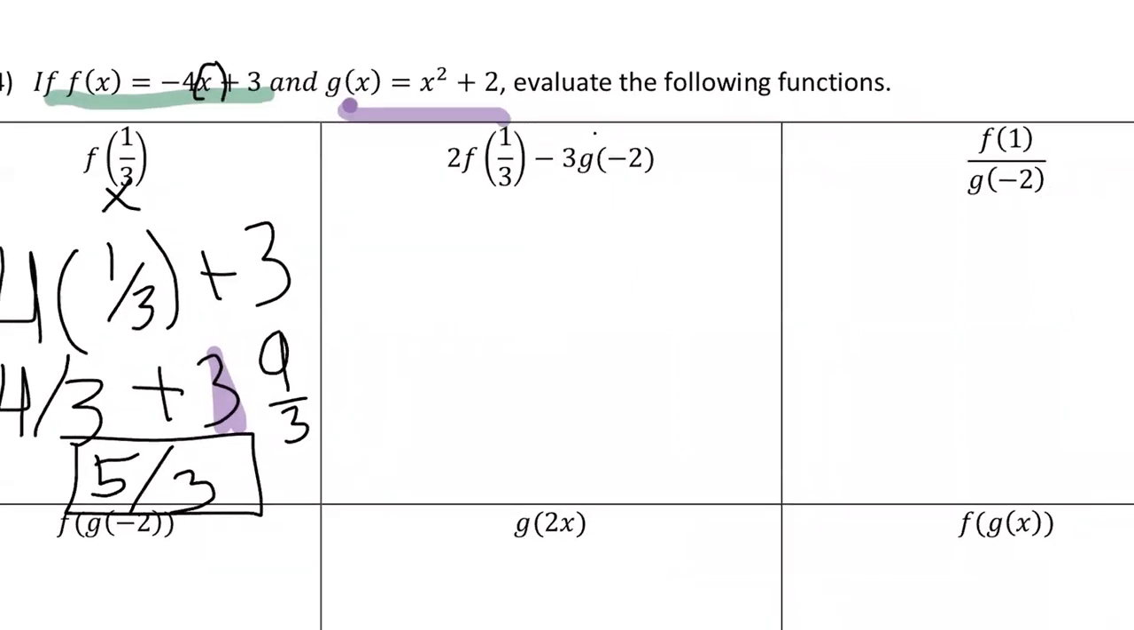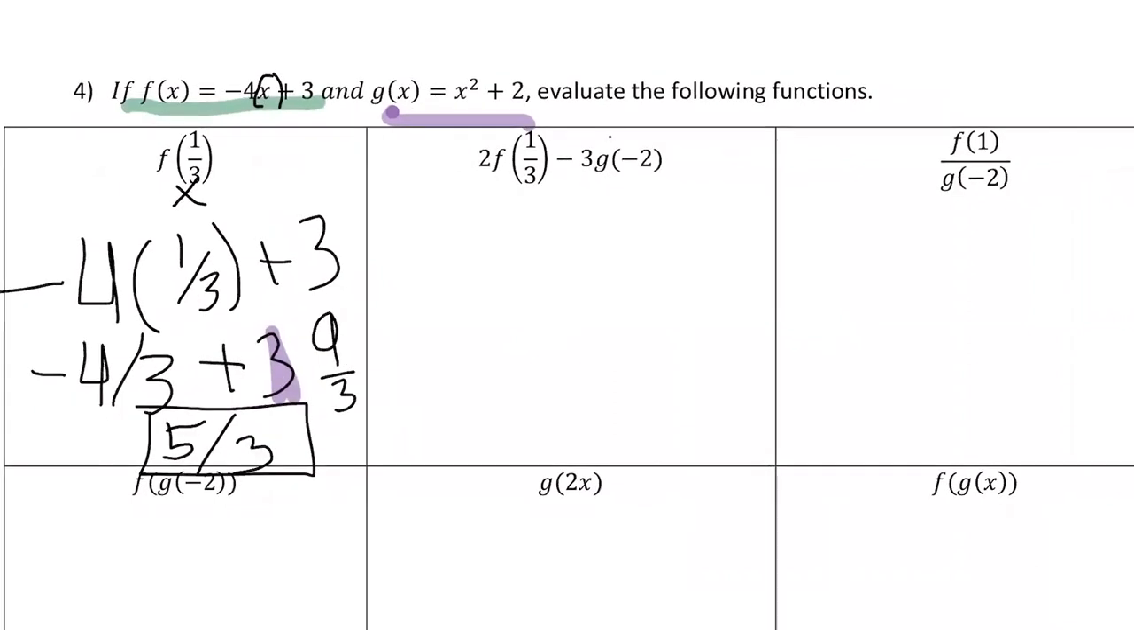The next question, and pay attention because I believe this is true on the quiz as well. If you already see a function you've already figured out, like we already figured out what f of 1/3 is, we can substitute that in. But my advice in this question is figure out what f of 1/3 is, figure out what g of negative 2 is, and then plug it into what we have. We're going to have 2 times, and we figured out f of 1/3 from the last question, so we'll have 2 times 5 thirds